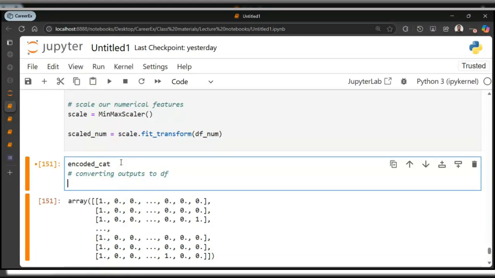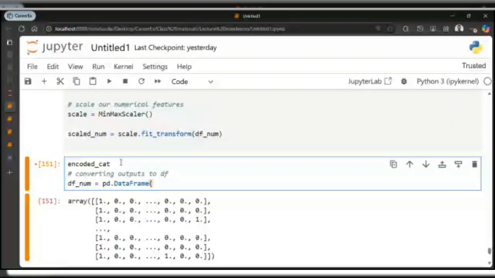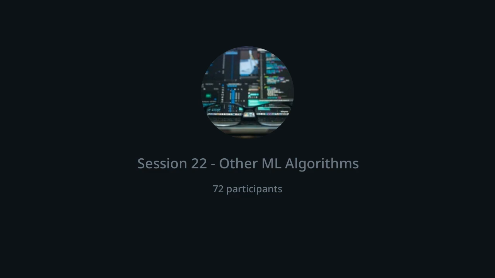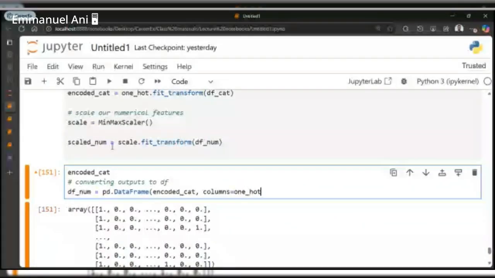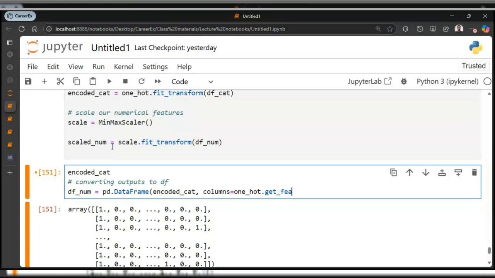So you convert it, then you can use the same thing: df num equals pd.DataFrame, and I'm going to say encoded cats, right? And columns is going to be equal to OneHot.get_feature_names. I hope I get the stuff correctly.